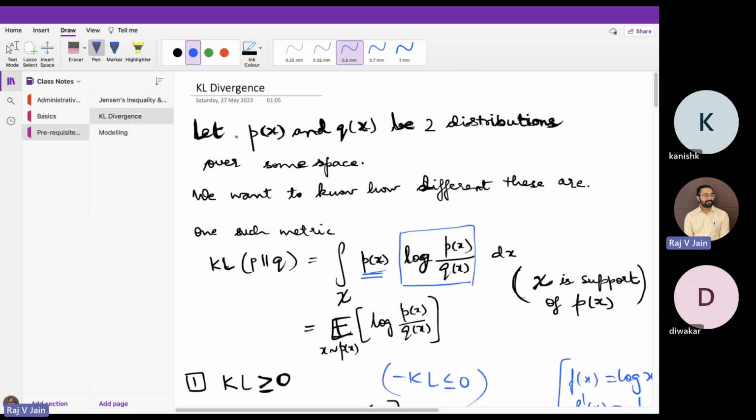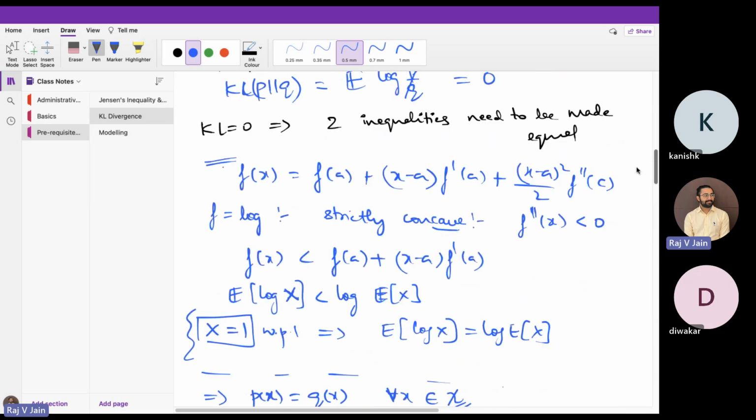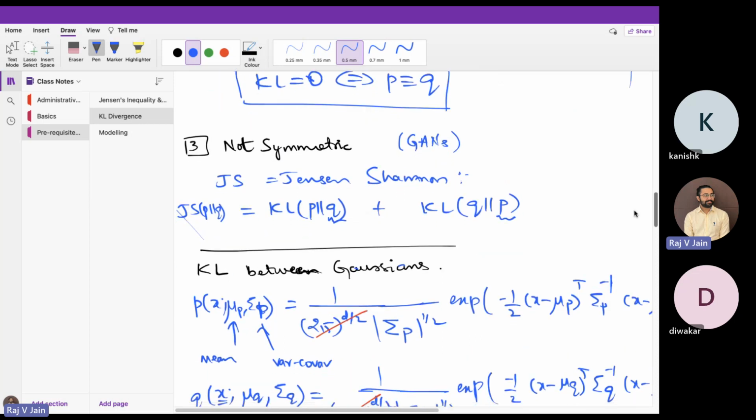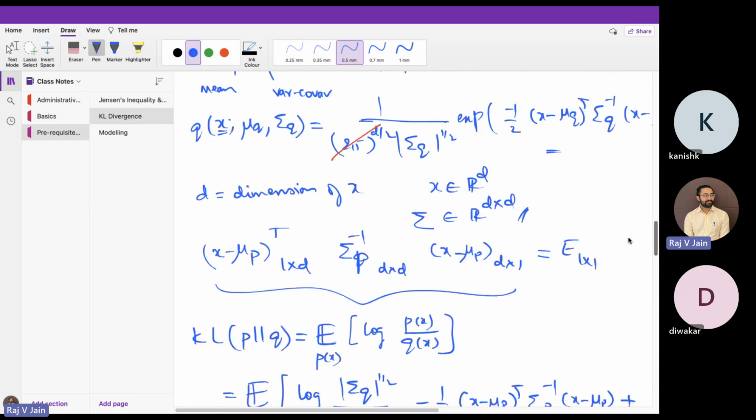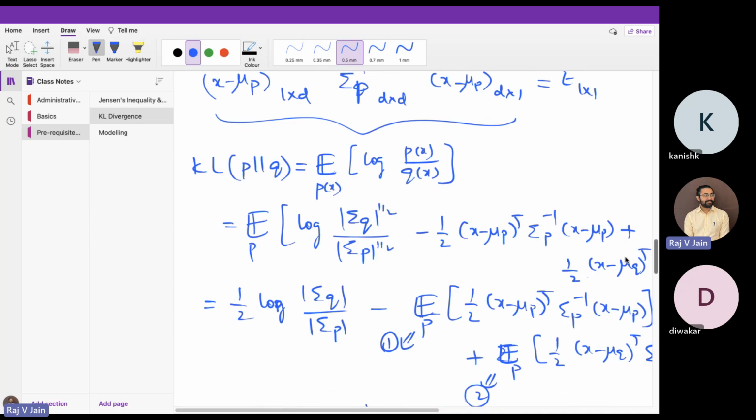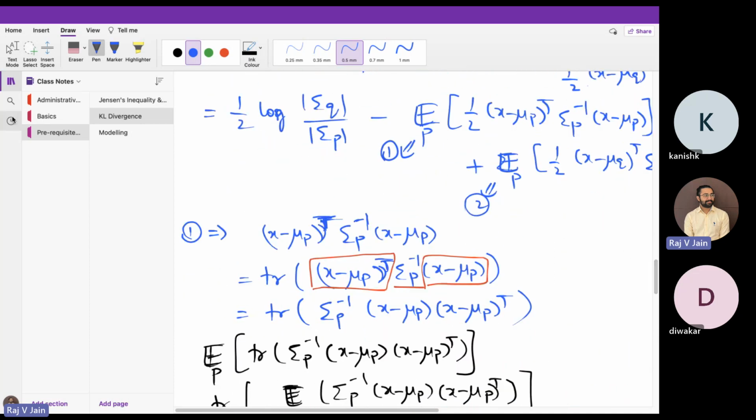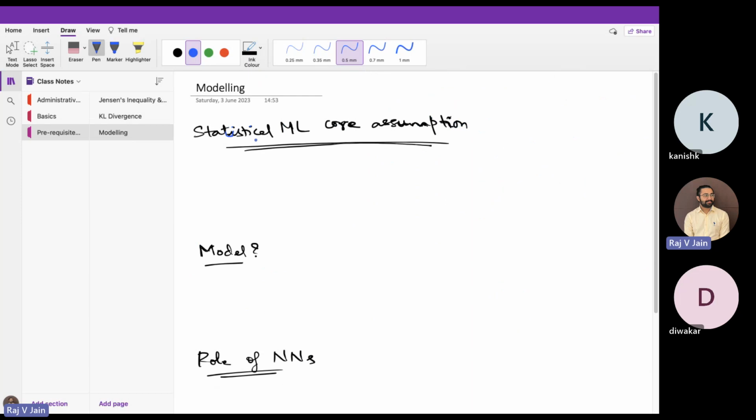Oh, by the way, any doubts in this part, the KL divergence part? Anything unclear? No? Okay, fine. So coming back to the question, the core assumption that statistical ML depends on is